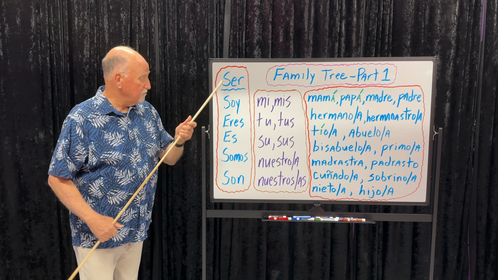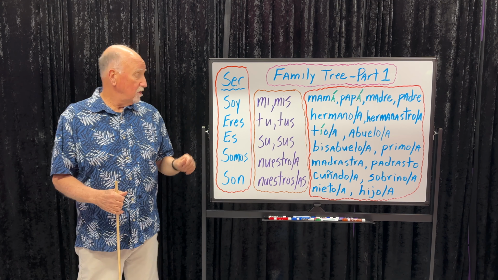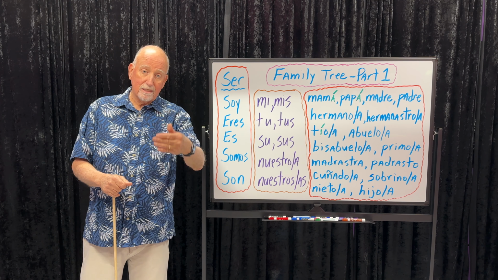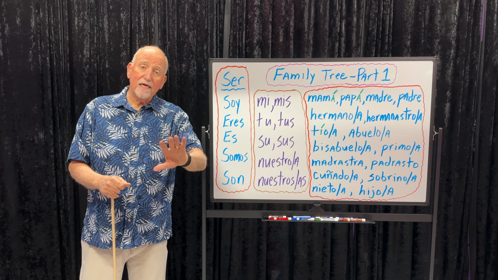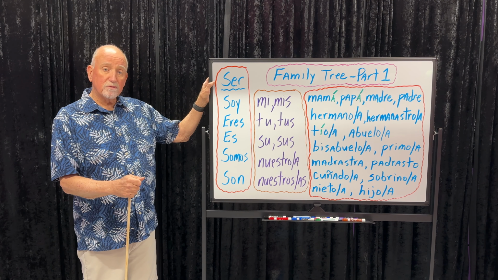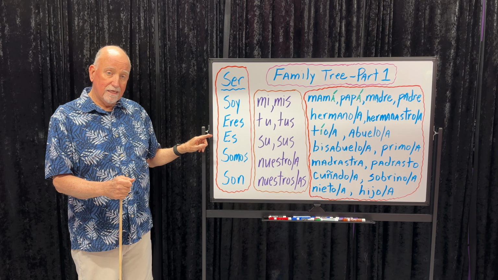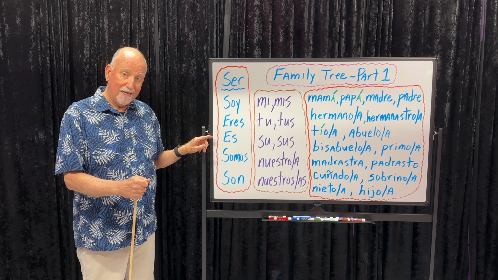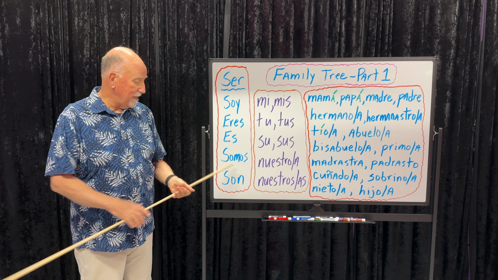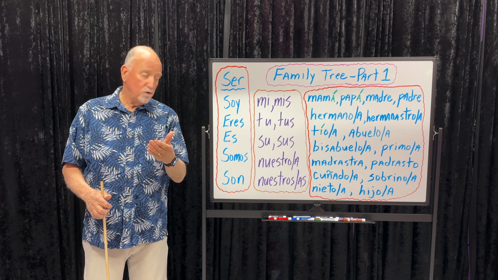All right, let's practice. The verb ser, to be. Soy, eres, es, somos, son. There are two forms of to be. There's estar, we already used estoy, estás, está, estamos, están, with location of people and objects. But when you want to identify people, you use the verb ser. Soy, I am, eres, you are, es, he is, she is, usted, you are, and it is, somos, we are, and son, they are. Remember the N factor. Any verb that ends in N, the subject is going to be they or you, plural.